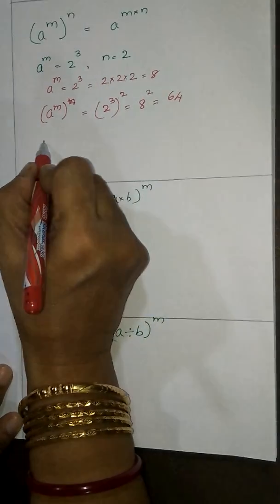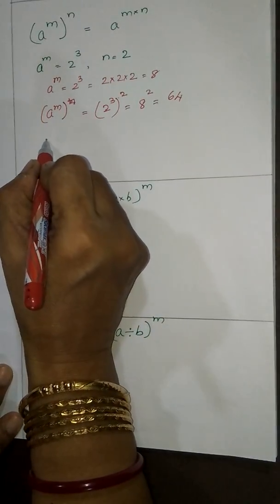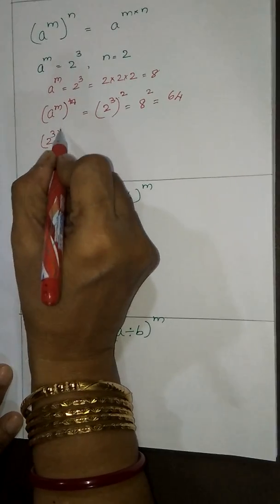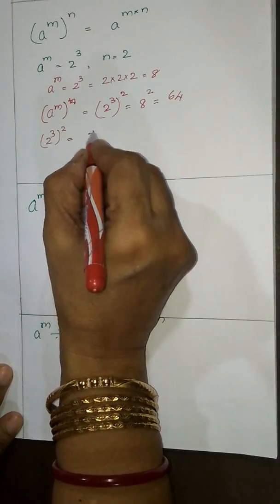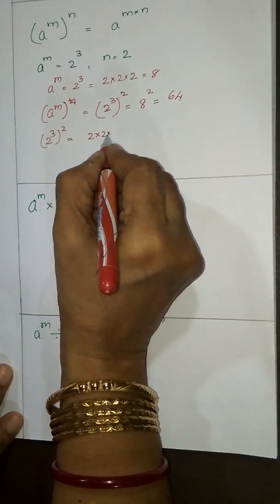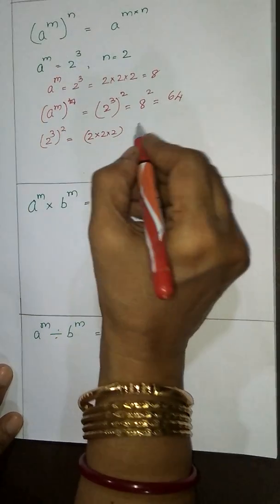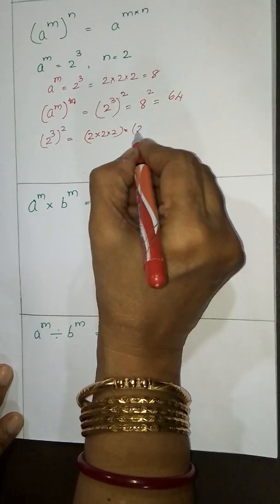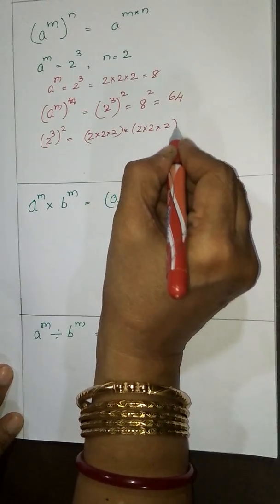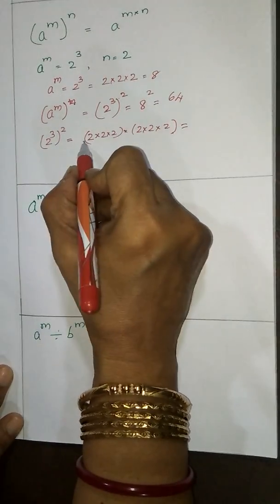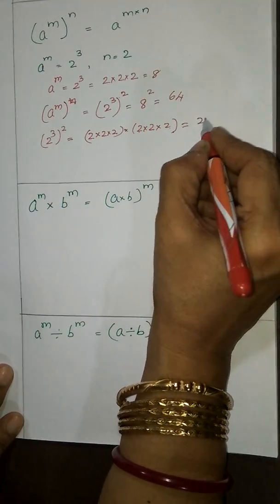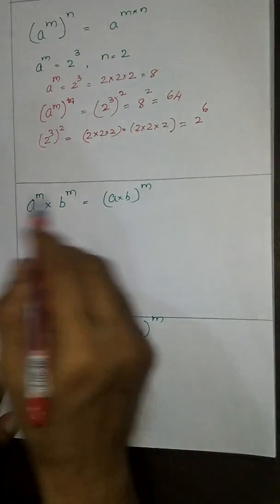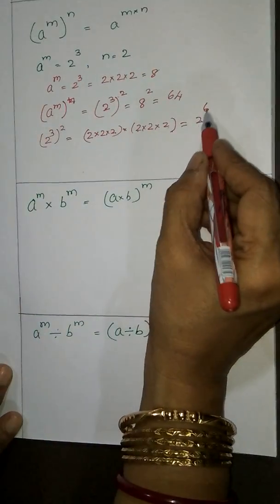I will write this as 2 cube, the whole squared. I can also write it as 2 cube, I can write it as 2 into 2 into 2, squared. So once more, into 2 into 2 into 2. So this is 3, 4, 5 and 6. That is equal to 2 to the power of 6. So I got 2 to the power of 6